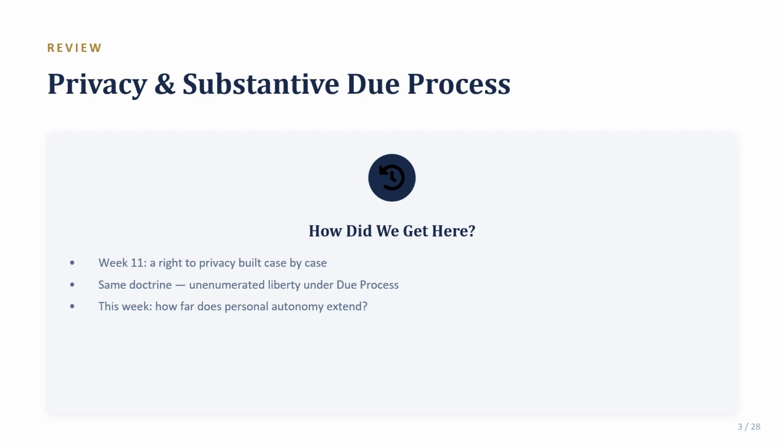So I do want to flag something that's important about method before we go digging into these new cases. The doctrine that we're about to trace today, privacy, then abortion, then medical autonomy, is a textbook example of how common law style constitutional reasoning works. The court doesn't announce a fully formed right to bodily autonomy in one case. It is going to build it incrementally, okay?